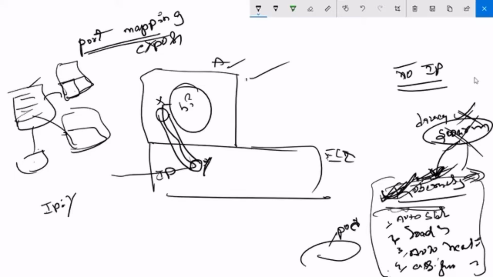No. Docker is a different thing. Kubernetes belongs to Google. They created Kubernetes to address the issues that we are facing in Docker.